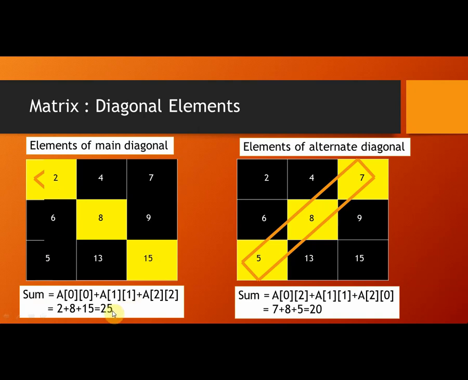So this is one matrix operation which can be performed. Similarly, if you want to add the other diagonal, the alternate diagonal, in the right hand side you can see the example 7, 8 and 5, and the sum is 20. This is one operation which can be easily performed with a two-dimensional array.